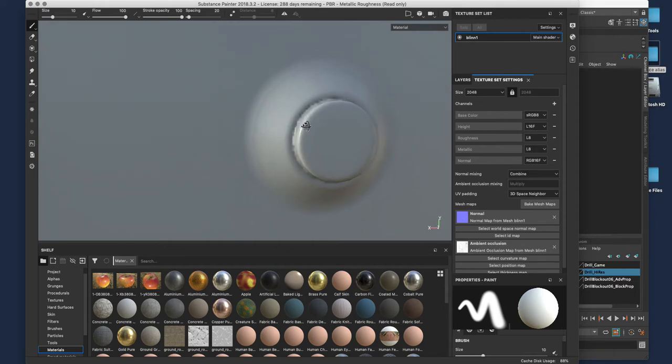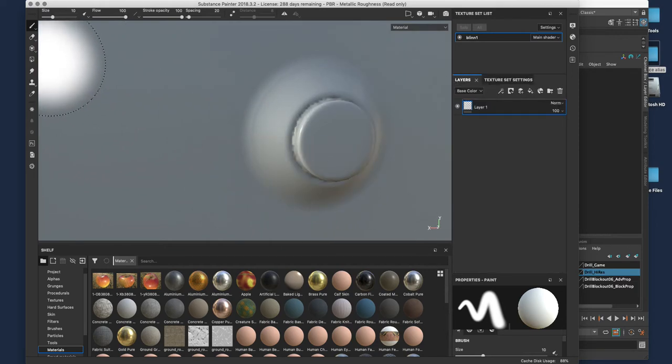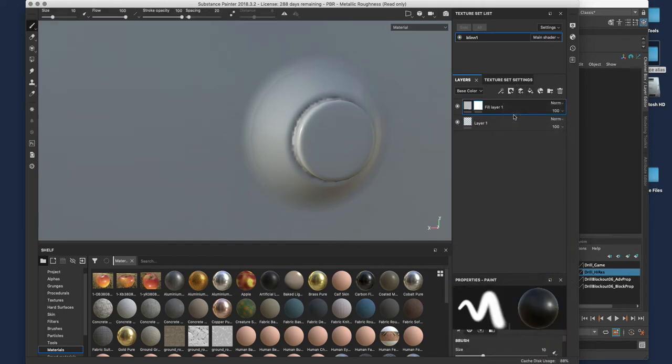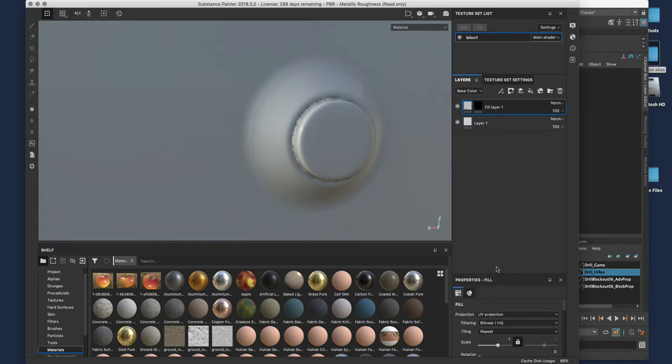Normal mixing is set up to combine, so if I make some new layers, what I want to do is actually use fill layers with masks. Just add a black mask in there. If I want to occlude normal map information, what I'm actually going to do,